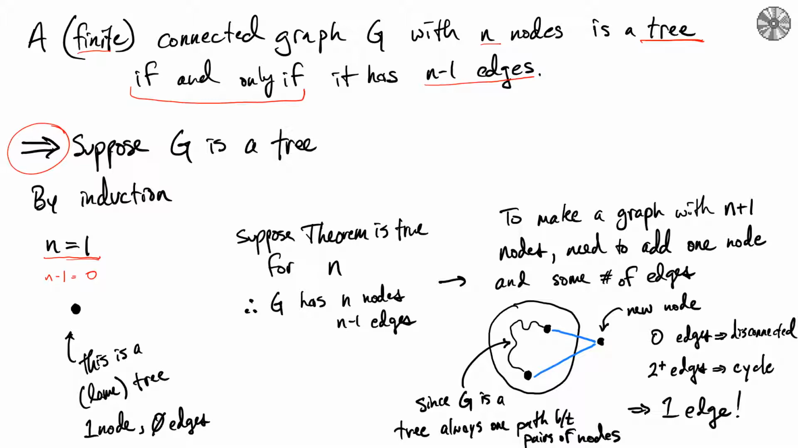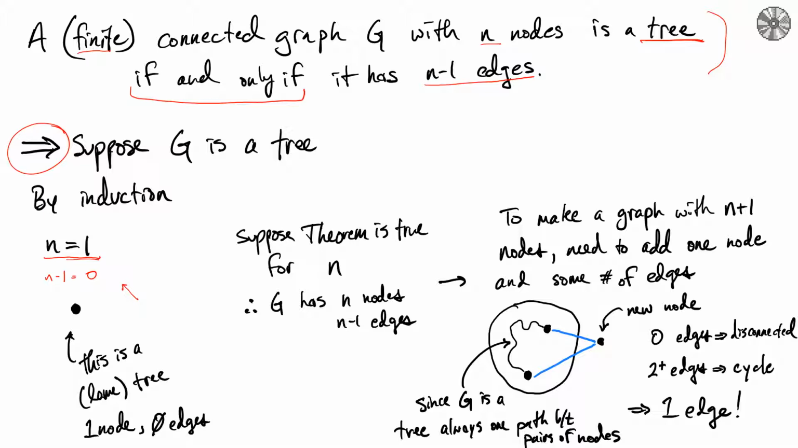So this satisfies this theorem. It says that it is a tree, and it has n-1 edges. So it is true for this very lame version of a tree. And so now the way that induction works is that we assume, once we prove it for this initial case,